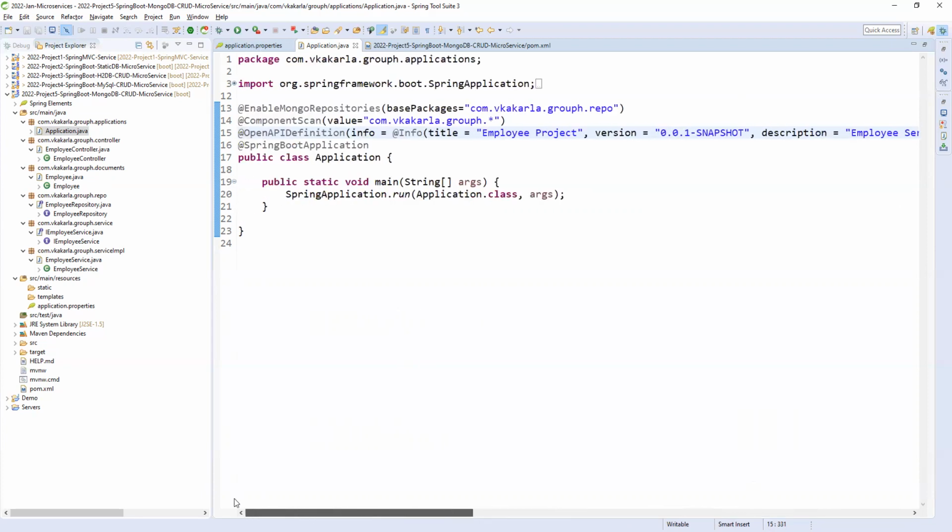Okay. So coming to here. Previously we used @EnableJpaRepositories for all kinds of SQL databases. But now this time we are using MongoDB. So that is the reason, it is simple. The word changed, instead of JPA it is Mongo, right? @EnableMongoRepositories. The rest of the things are the same. So you need to give the Mongo repo package, and for components you need to give the common package of your application. Automatically it will load the rest of the layers or rest of the packages.